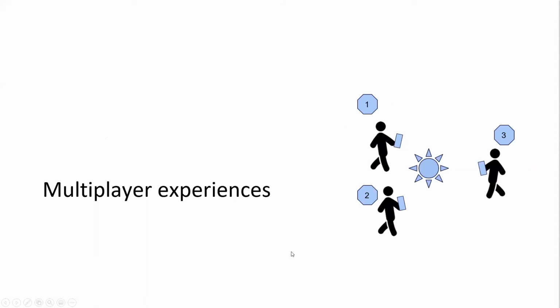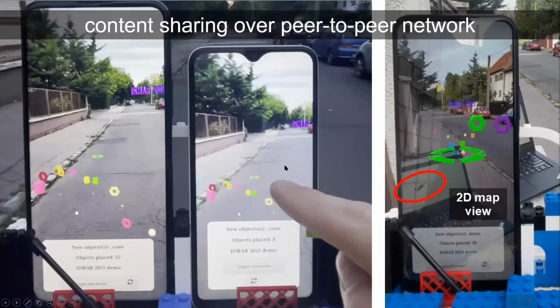And the last topic I wanted to show you is multiplayer experiences. Of course, this is much cooler to have in AR sessions. I extended this user-generated content demo to multiple users. So, the idea here is that one user clicks on the ground, an object is generated, it is put into a spatial content record, and this one is, instead of uploading it to the server, broadcasted in a peer-to-peer network, and other devices can receive that and then show, because they have the Geopos, even though they have completely independent AR sessions.